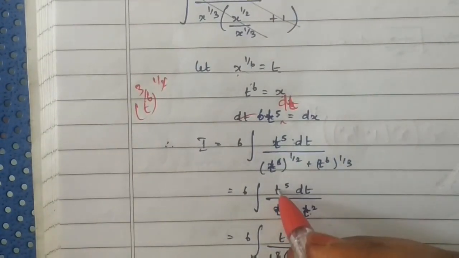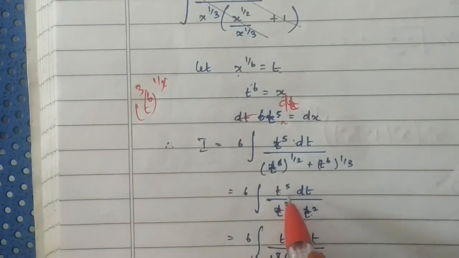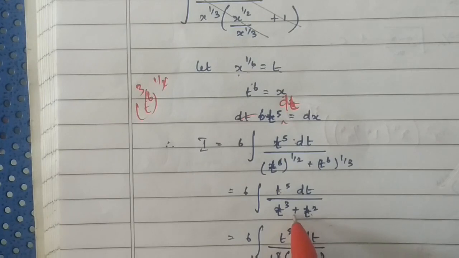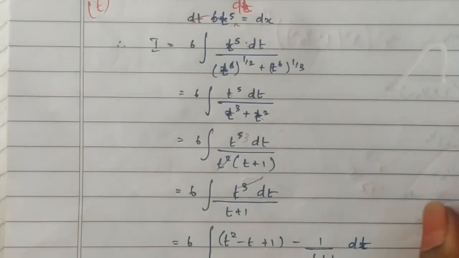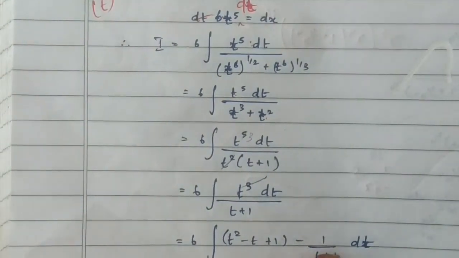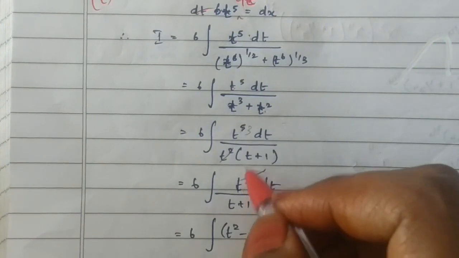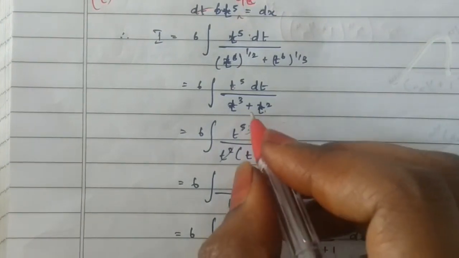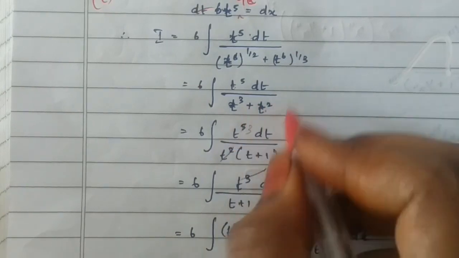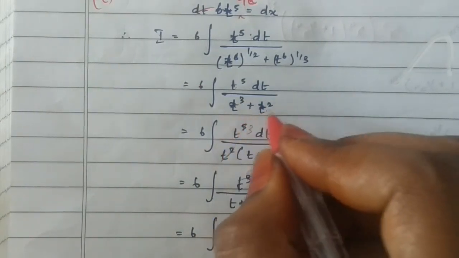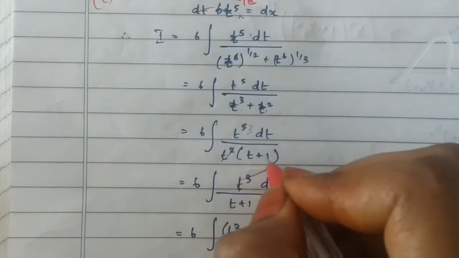Now when you observe the numerator and the denominator, the degree of the numerator is greater than the degree of the denominator. So what should you do? You need to apply the long division method. But here what we have done is we have taken t square outside. If there is a 1 instead, then you need to apply long division, but you have t cube plus t squared, so you can take t square outside. When you take t square outside, you will get t plus 1.